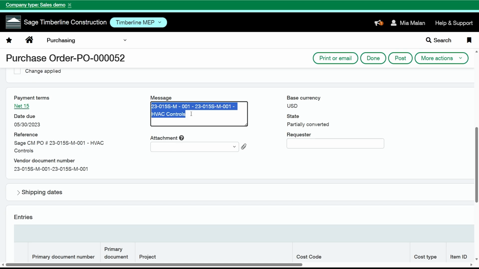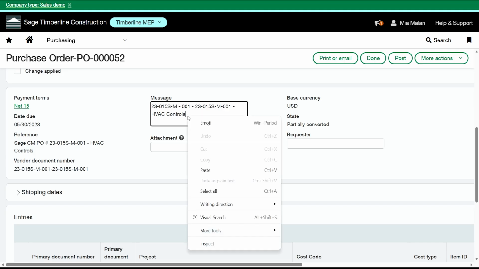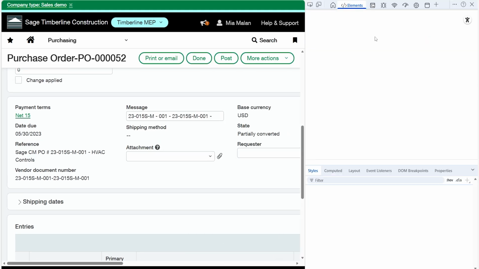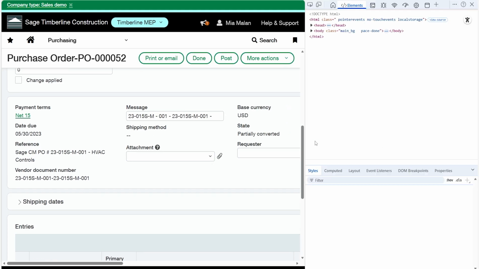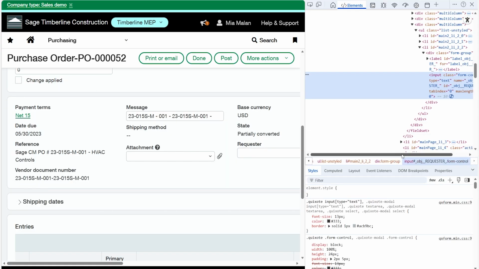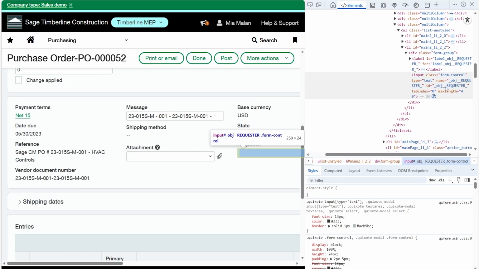If you're ever wondering, how do I know what merge field this section is? You can guess, or you can go in and edit this. And I like to right click and inspect. And this window pops up. This might not be a great example. Right here, I have a custom field for my requester. So right click, select inspect, and scroll over a bit. When I go into that merge field table, it's going to say requester.